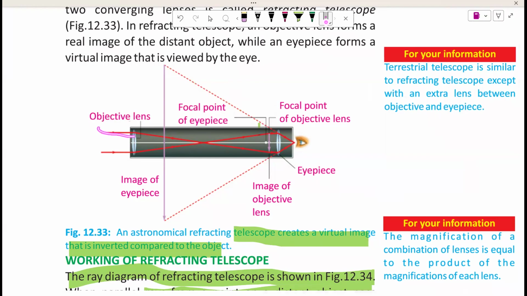Parallel rays आए, they converge to a point. ठीक है, अब ये rays जो है वो आगे तक ये trace back कर रहे हैं to this point. Again जैसे हमने वो short sightedness and long sightedness के अंदर किया था ना, they converge, और ये trace back rays है, and हमारे पास image form हो रहा है. ठीक है, अब again दो lenses हैं तो inverted image है, यानी यहाँ पे ये जो image form हुआ ये real image था, but इसके लिए inside the focal length है तो virtual image हमारे पास आ रहा है, objective lens focus point and